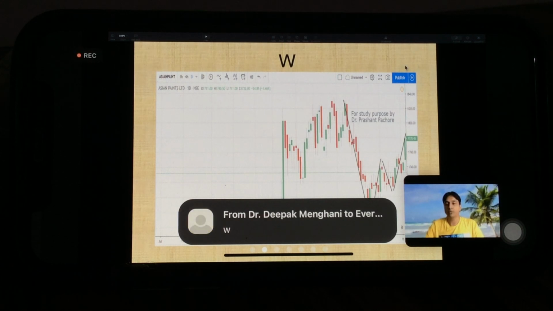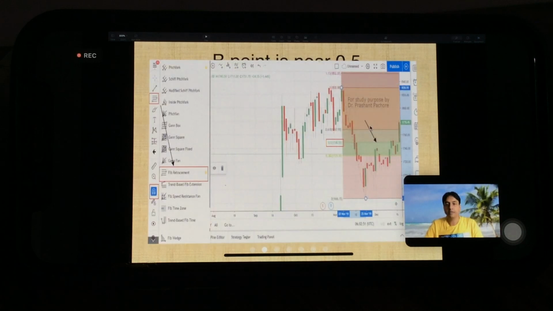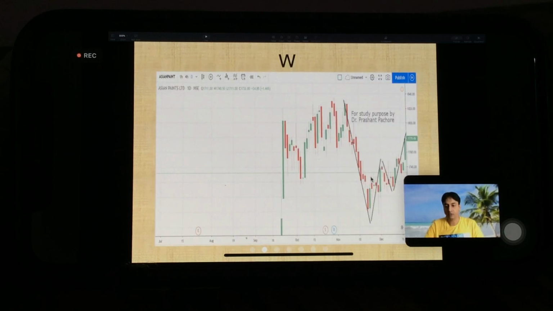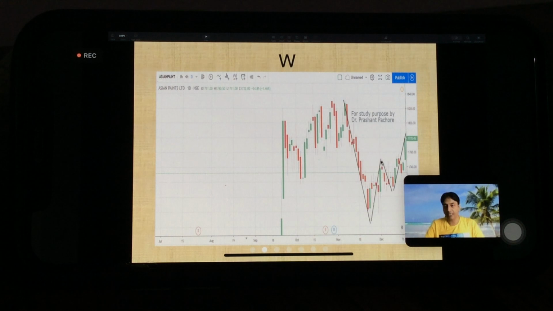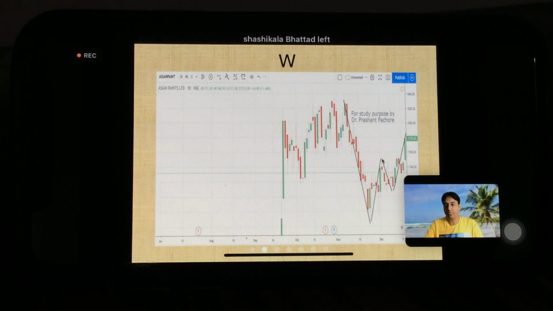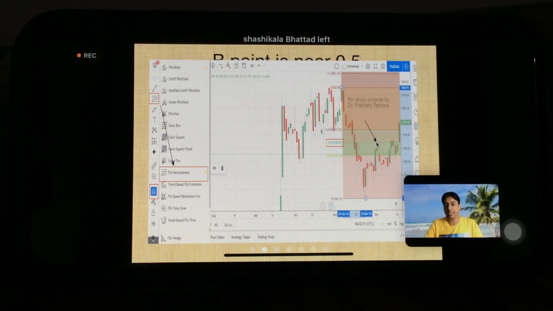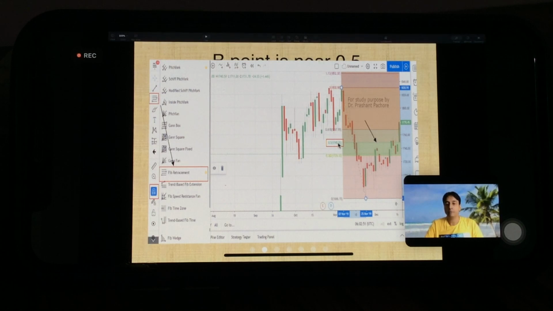Right? So what is the next step? The next step is we have to plot Fibo from your marked X to A. Right? X to A, I have marked Fibo. And this W that I drew, the midpoint of W, where is it coinciding? It's coinciding here. With which Fibo?